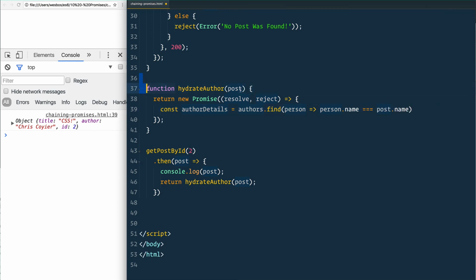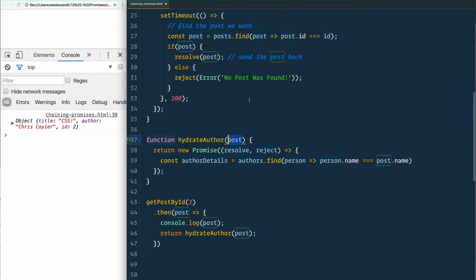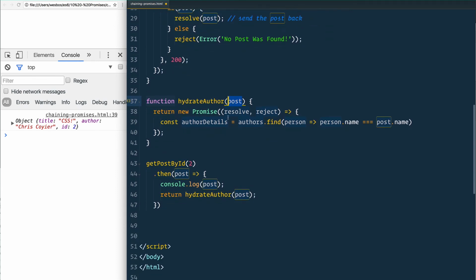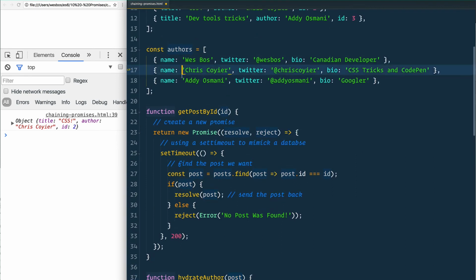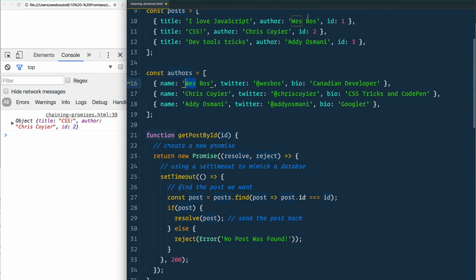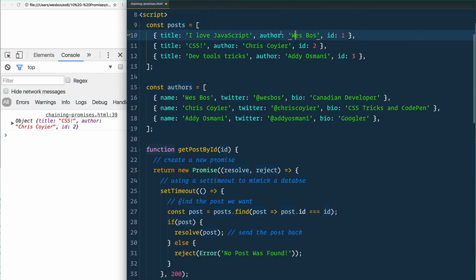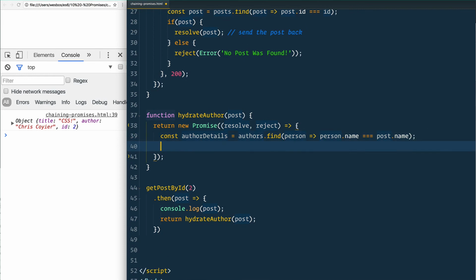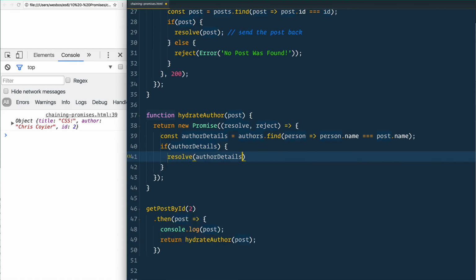The post that gets passed in is going to be the post that was found in the previous function. We are going to filter through all of these authors until we find an author name that lines up exactly with the author name of the post that was written. So we should have authorDetails here, and we can say if there's authorDetails, we resolve and pass